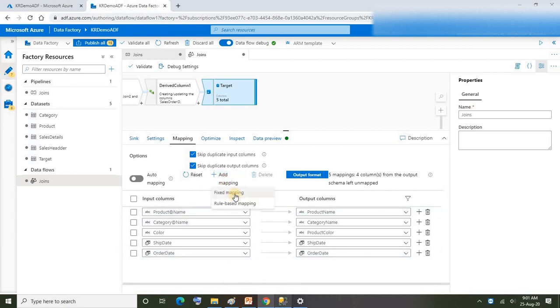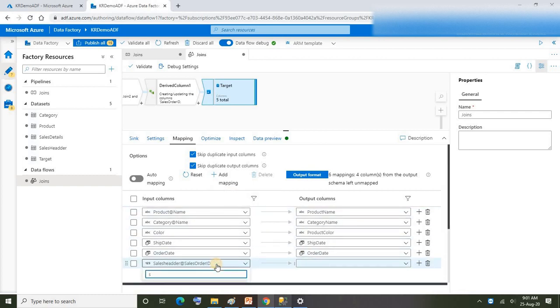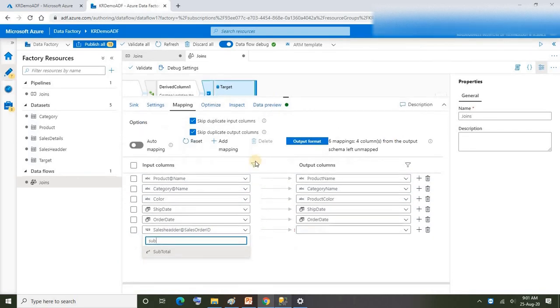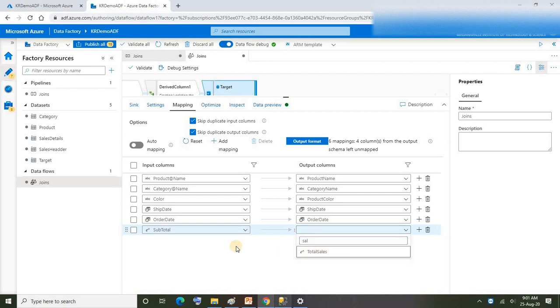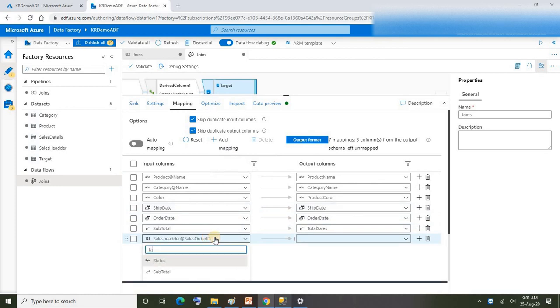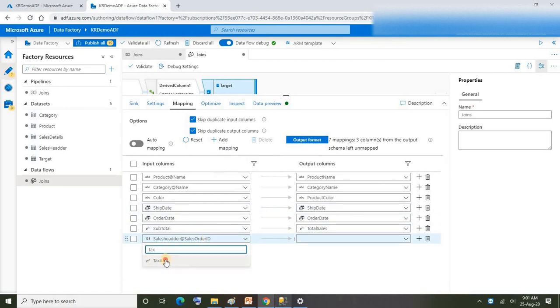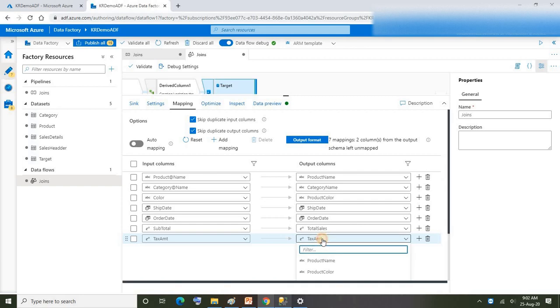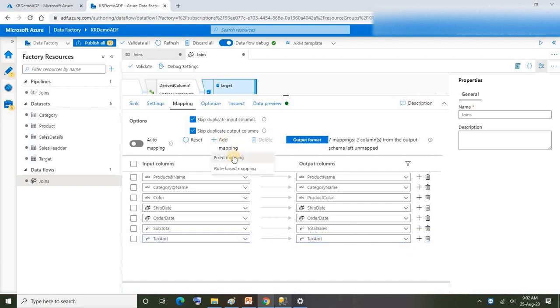Next I'm going to add sales amount, that is subtotal. Let me pull it up a little bit, subtotal, and here it is total sales. Next, mapping tax, fine, and here also the column name is the same, automatically mapped. Next, I think the final one is profit, only profit is left, I guess.